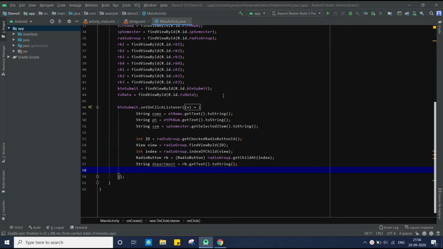Now to fetch the data from the checkbox, we'll create an array for the checkbox and using a for loop we'll fetch the data.